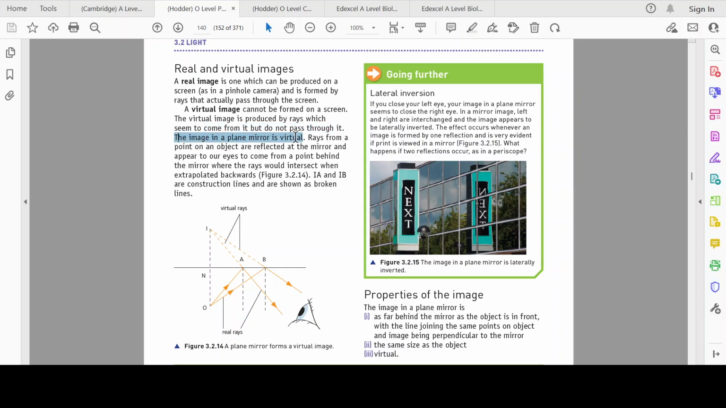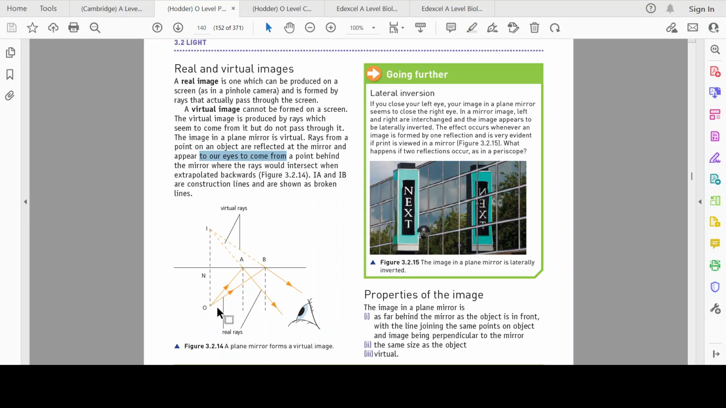And so the image on a mirror is virtual, and the rays are reflected at the mirror and appear to you to be coming from behind the mirror, right? So this is an object, you're viewing it, and it seems to be as far away in the mirror as it is in real life. And that's because, as the second video mentioned, diverging